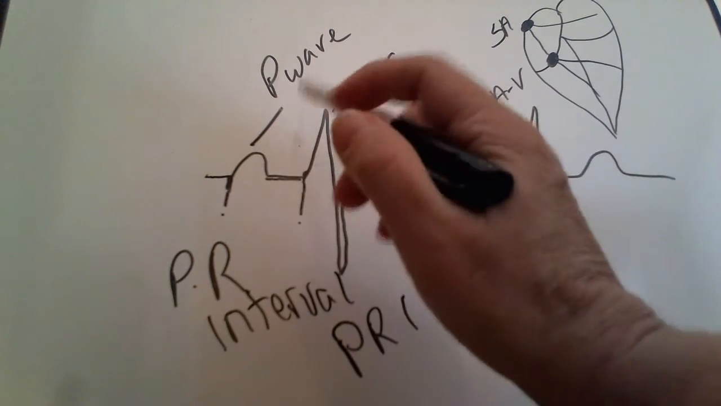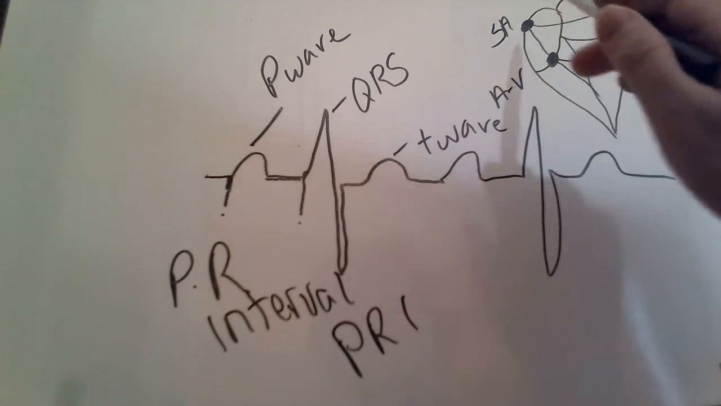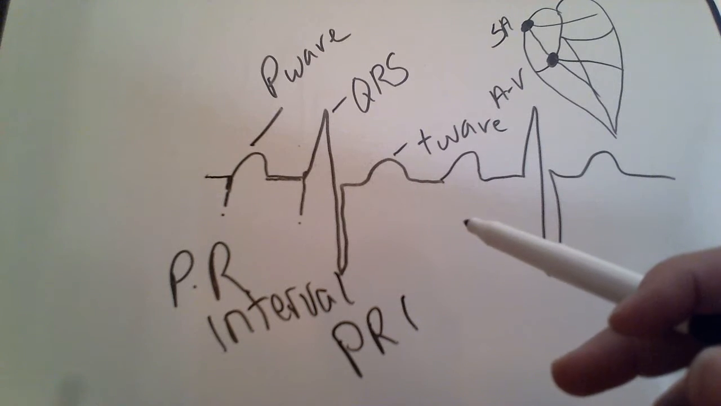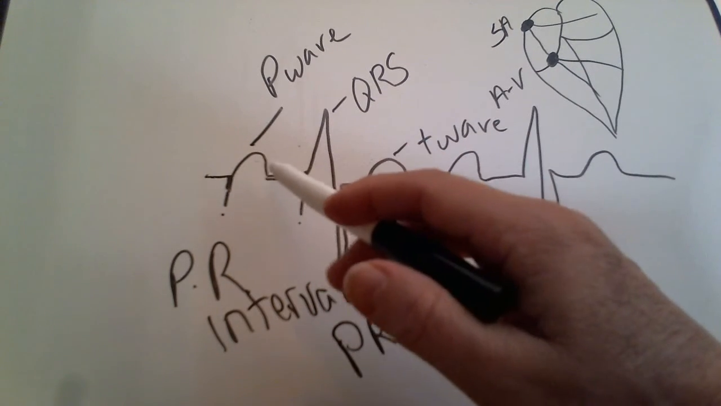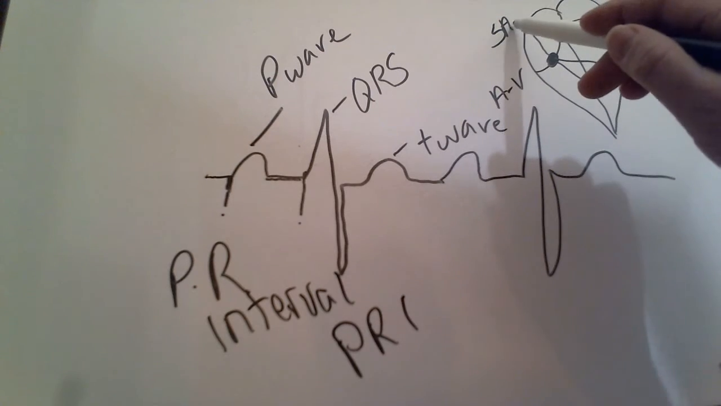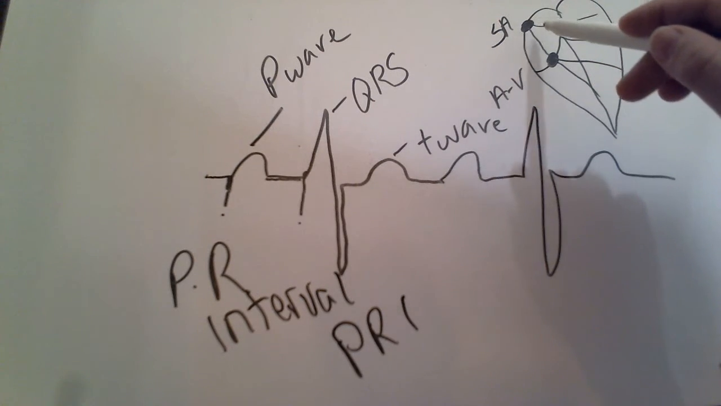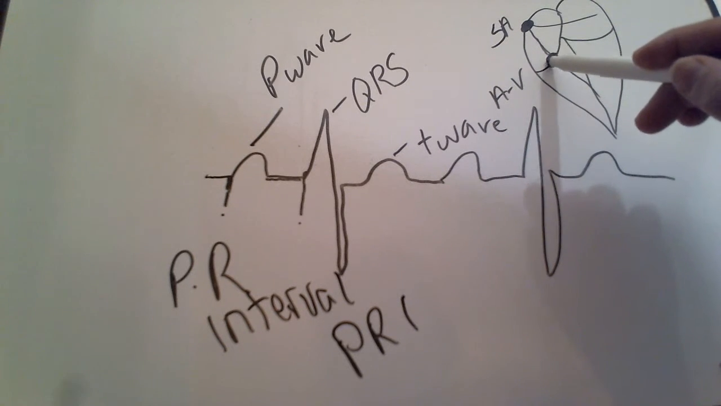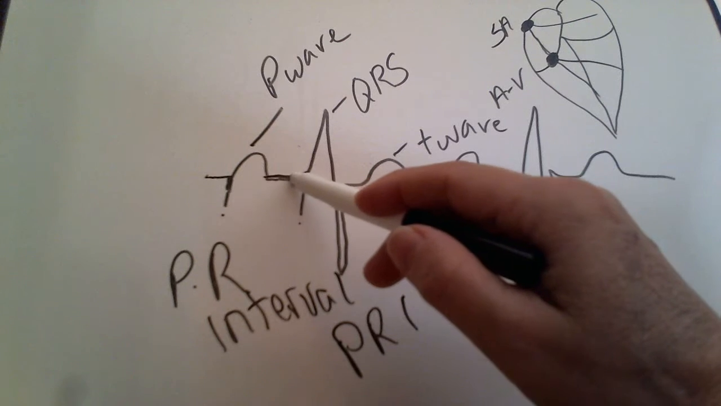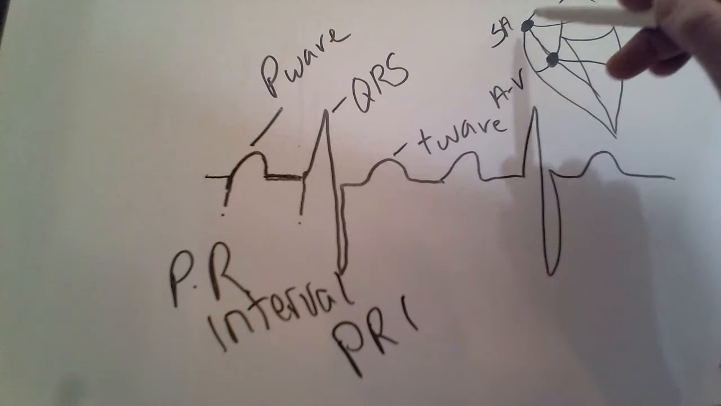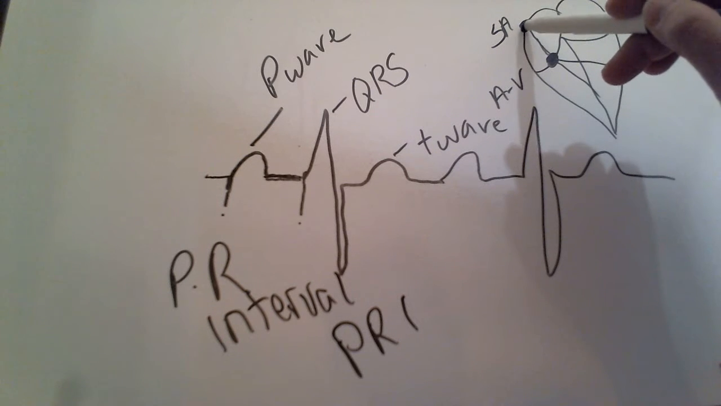So the P wave represents contraction of the atria. Remember, both contract at the same time. Electrically, what's happening is the impulse is sent out from the SA node out to the atria, into the AV node, and that's what makes your PR interval, is the time that it takes from the impulse